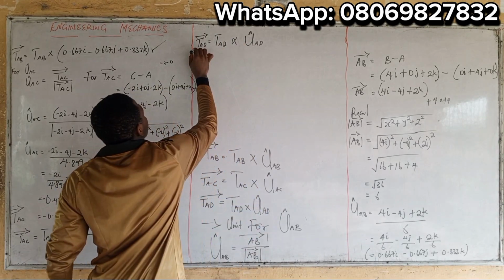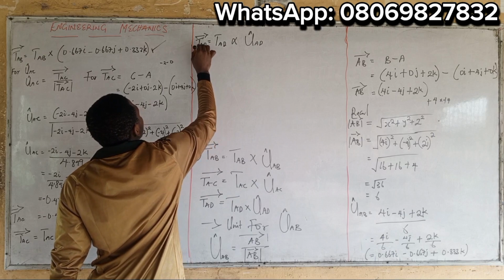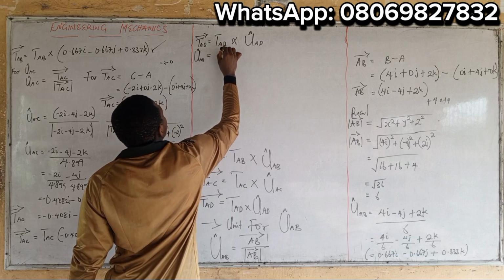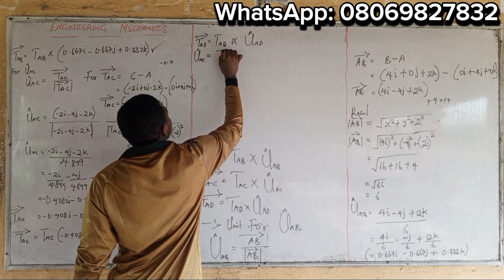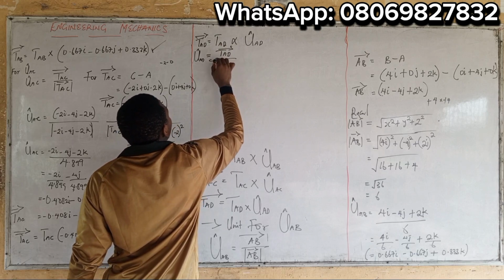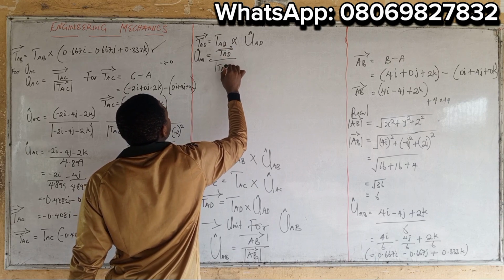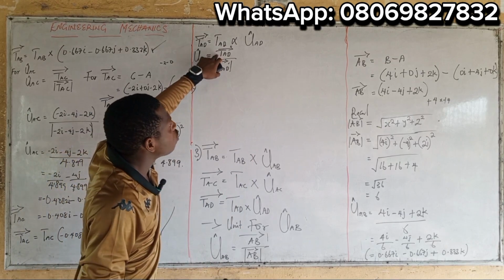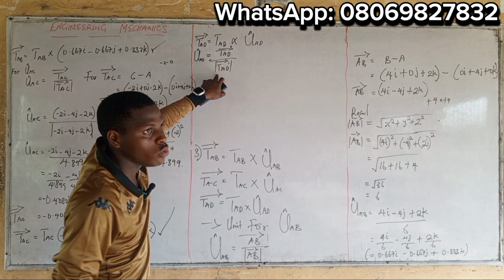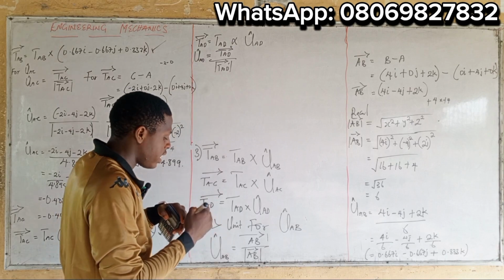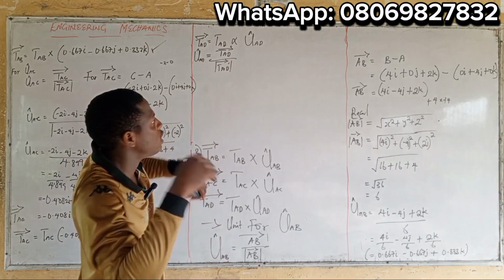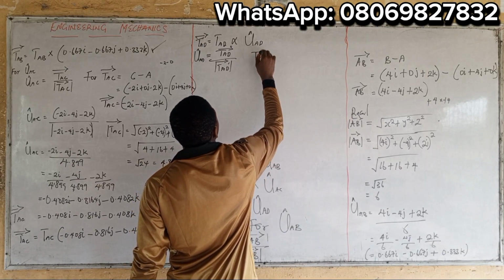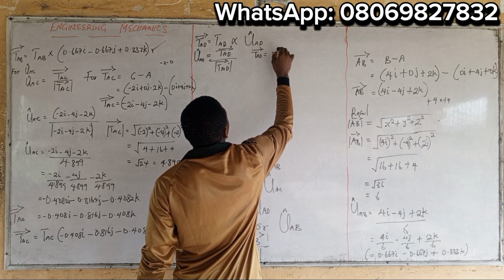To get the unit vector for AD, we know that the unit vector is equal to the position vector AD divided by the magnitude of vector AD. So first we get our position vector, then the magnitude. To get your position vector AD,